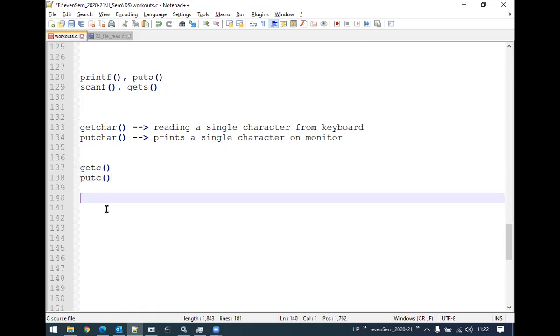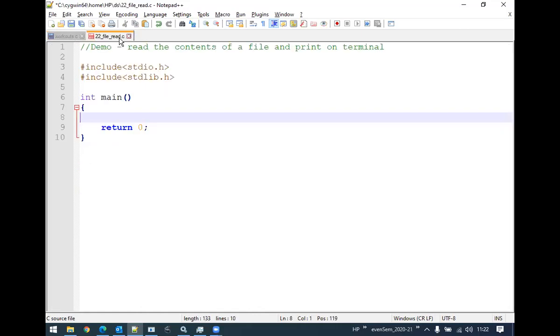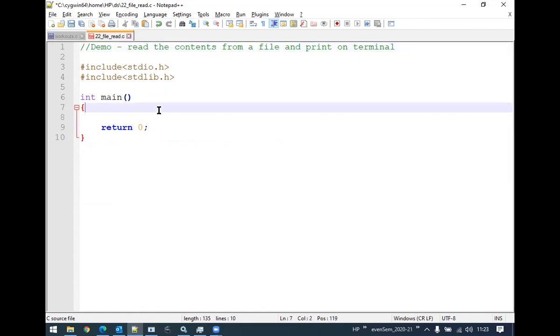Now what we are going to do is first write a program to read the contents from a file and print on the terminal. Try to understand the sequence or the procedure of what we are going to do here.